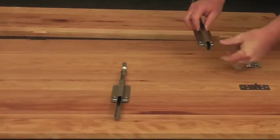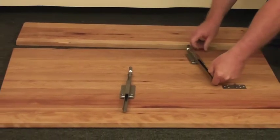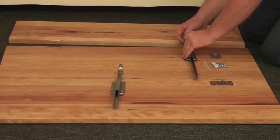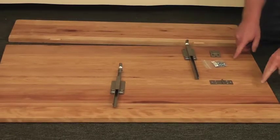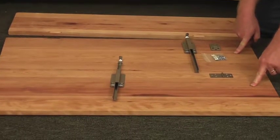Also, we have these metal drop leaf supports. There's 4 holes here, 4 holes here. The way this works is when the drop leaf is up, you reach inside, you just slide that out, and it supports the drop leaf on both sides. Then there's also 4 little pilot holes which will fasten the base to the top,